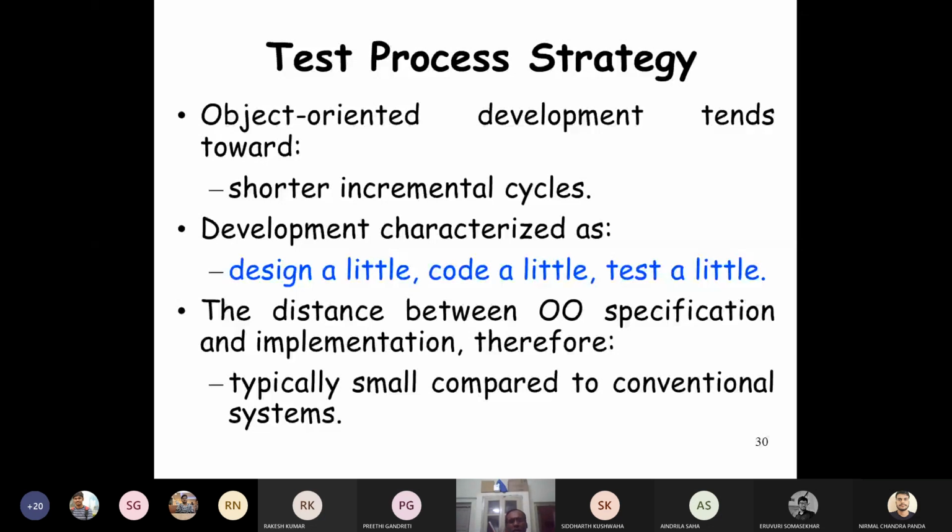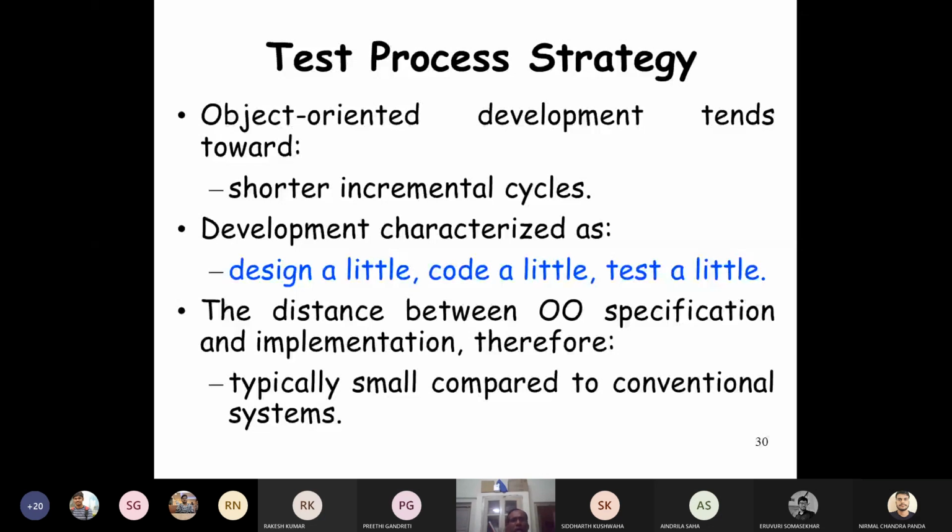In traditional systems, the distance between specification and implementation is very large, because you are specifying for the whole software, designing for the whole software, and implementing for the whole software. But here you are designing a little, coding a little, and testing a little. Hence the distance between object-oriented specification and implementation is typically very small compared to conventional systems.